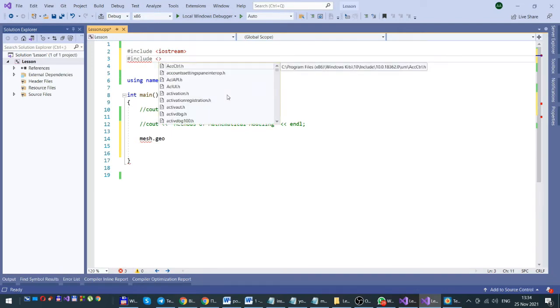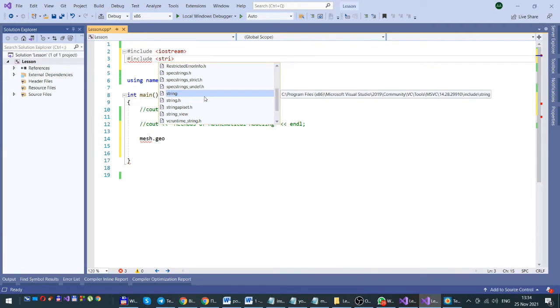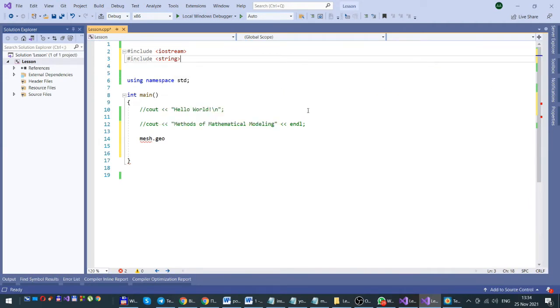It is called string, simply string. Yes. So please add this include option, include string, and now I will create